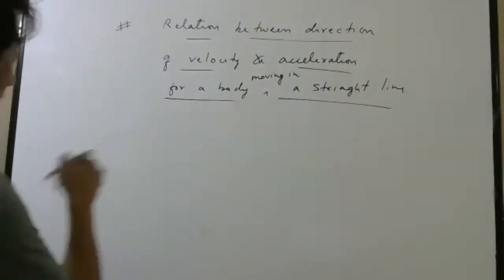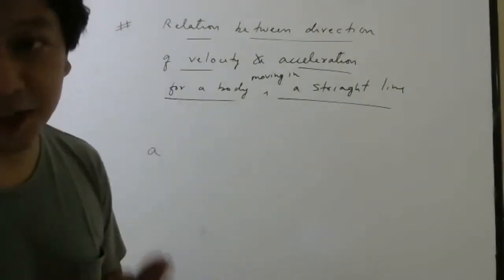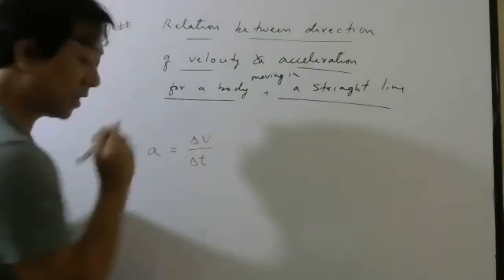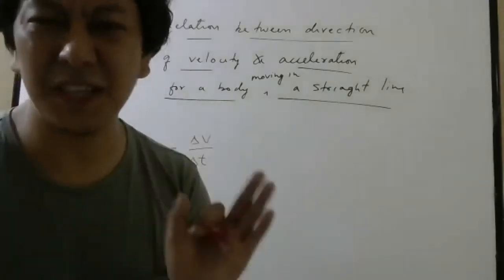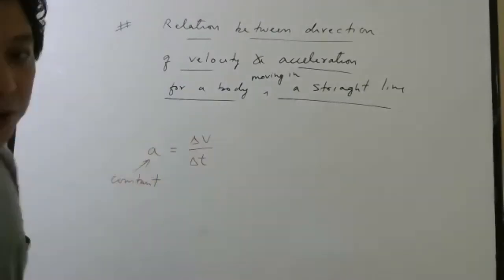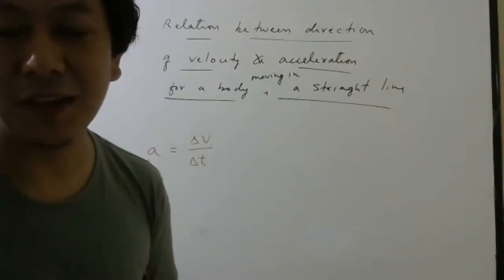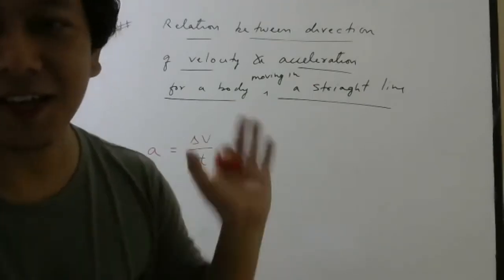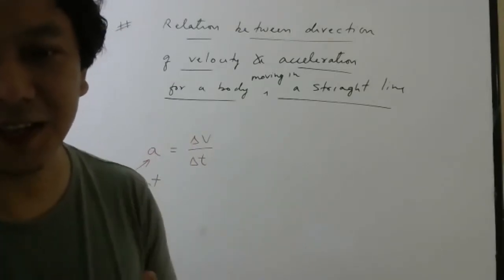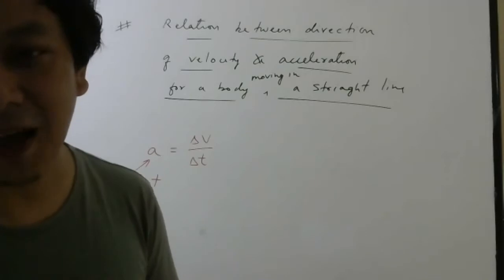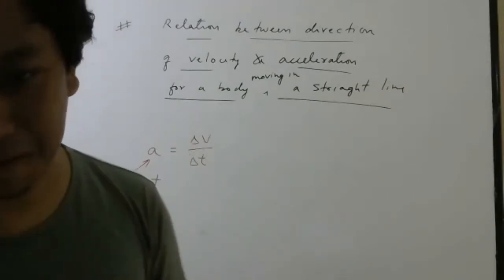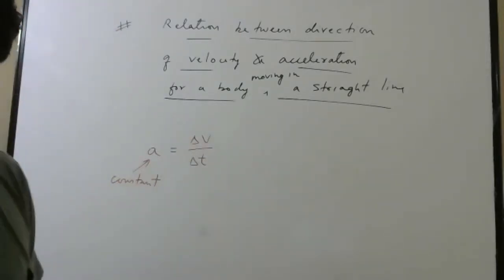Now, we have written one formula for average acceleration equals delta V by delta T. Right? Everybody agrees. Let us take for simplicity right now that acceleration is constant. If acceleration is constant, it doesn't matter whether you write average acceleration or instantaneous acceleration. If everybody got the same marks, then average marks will be the same as instantaneous marks. Instantaneous marks means marks of one individual person. So let us assume acceleration is constant.